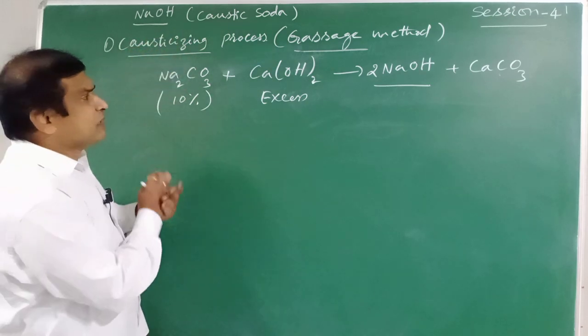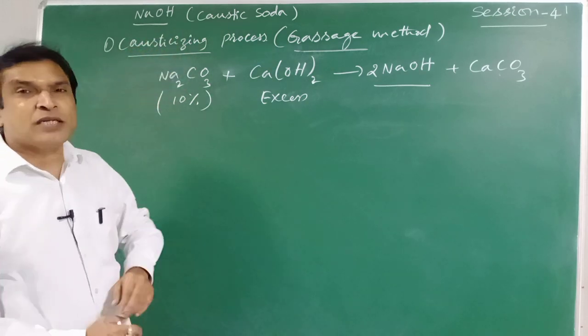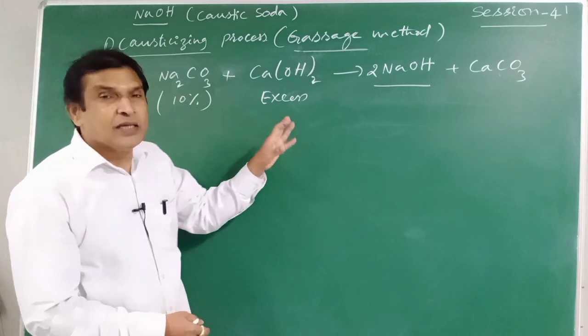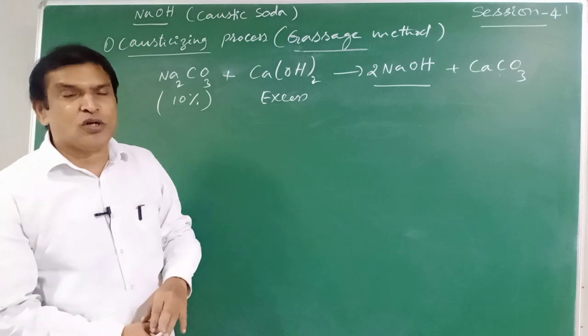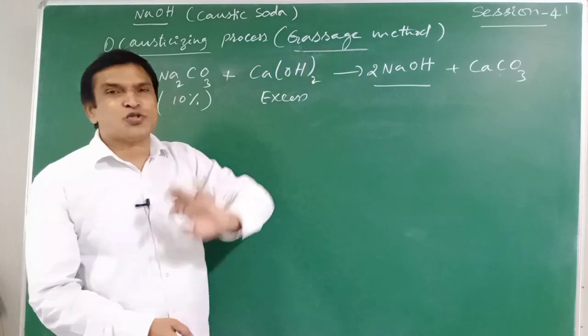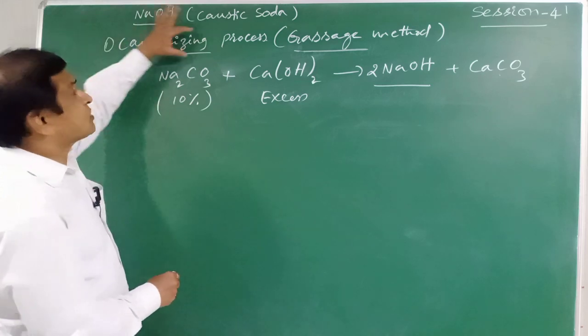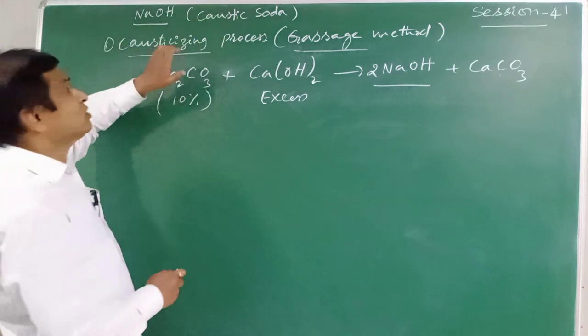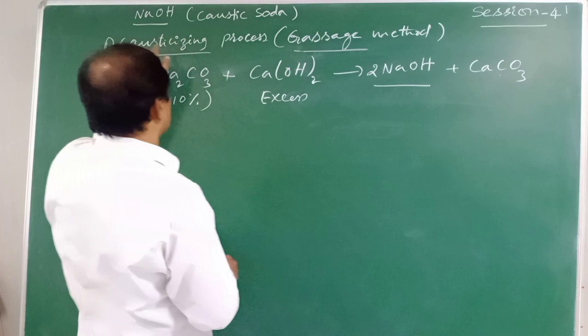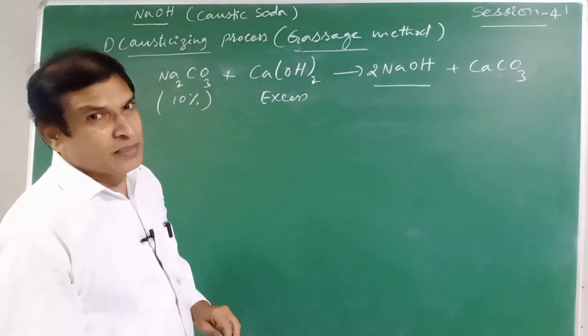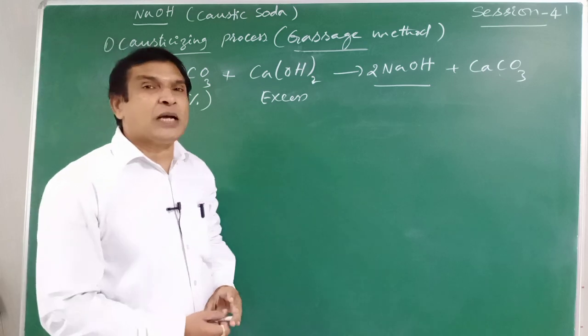Okay, what is the statement of this process? 10% sodium carbonate solution is made to react with excess amount of calcium hydroxide, forming caustic soda, that is sodium hydroxide. This method is called the causticizing process or Gaussage method. Remember the two terms, causticizing or Gaussage method. That is one method. Next, let us take up